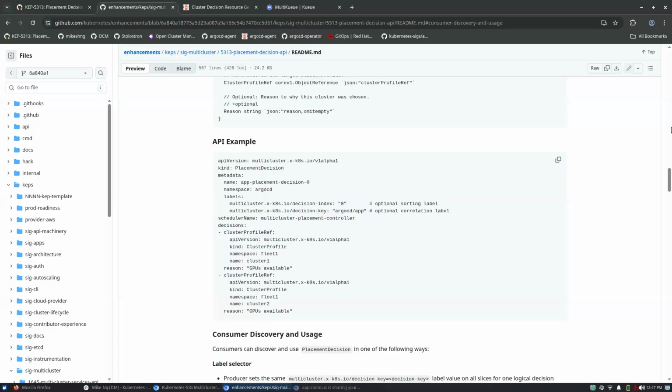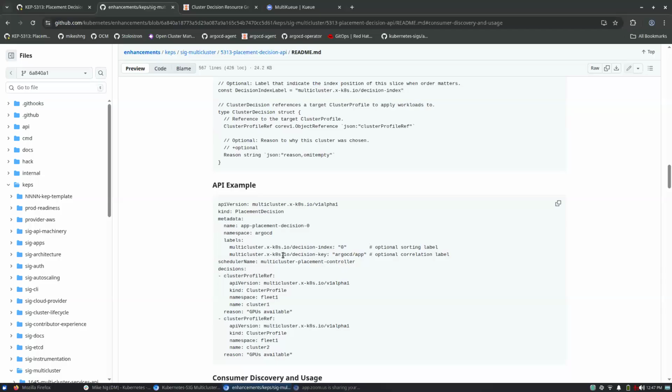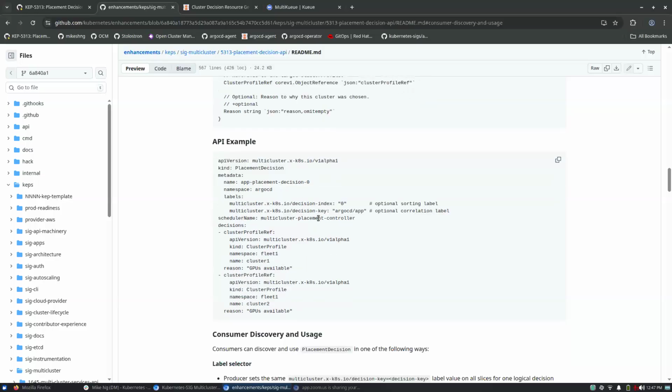And yeah, I think that's my question right now. Yes, so maybe I didn't have the best description here, and I'm going to go back and see how I can improve on the decision key. So on the decision key here in this recommended format, I think I have it as the namespace and then /app, and that's kind of saying what you described, right?